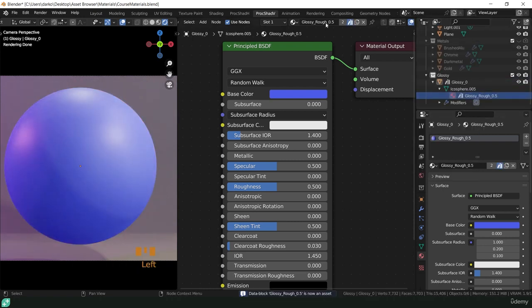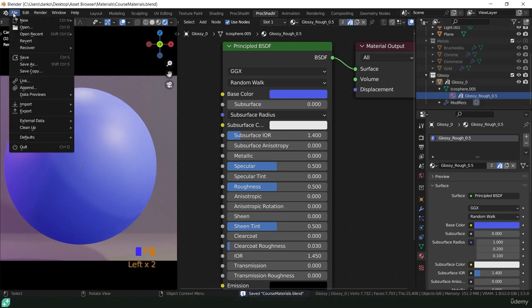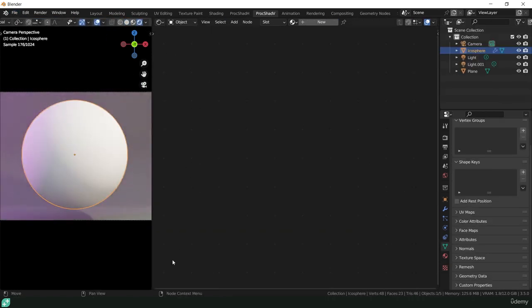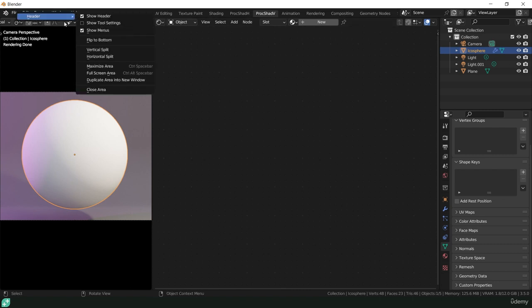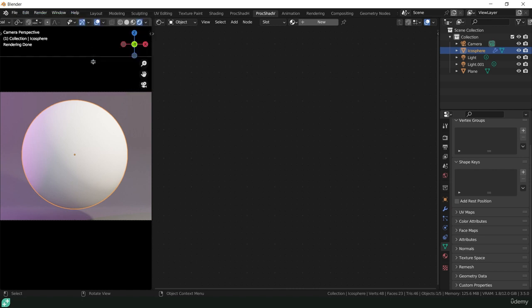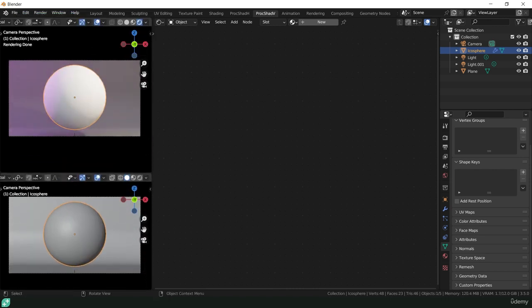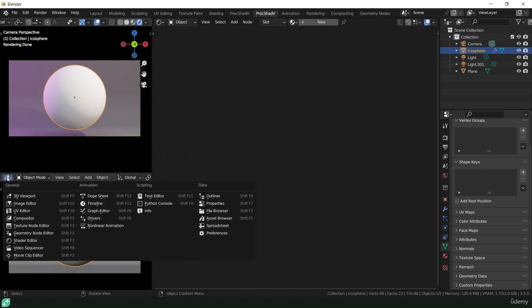Now I'm just going to make sure this is all working okay. I'm going to save this file. I'm going to open a new file, and remember I changed my startup file so I have the same setup in here as we had in the last file. I'm going to right click on this top line and I'm going to do a horizontal split. Move that further down the bottom. We are going to open up an asset browser,